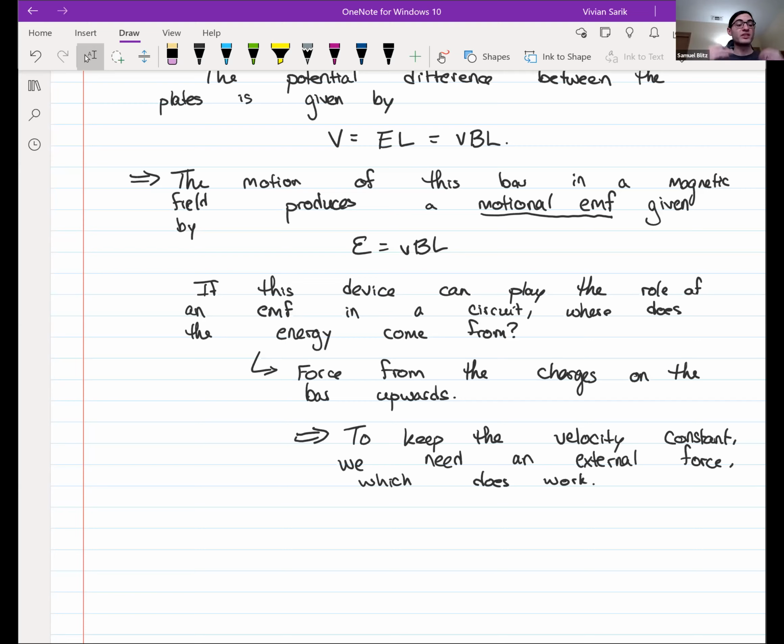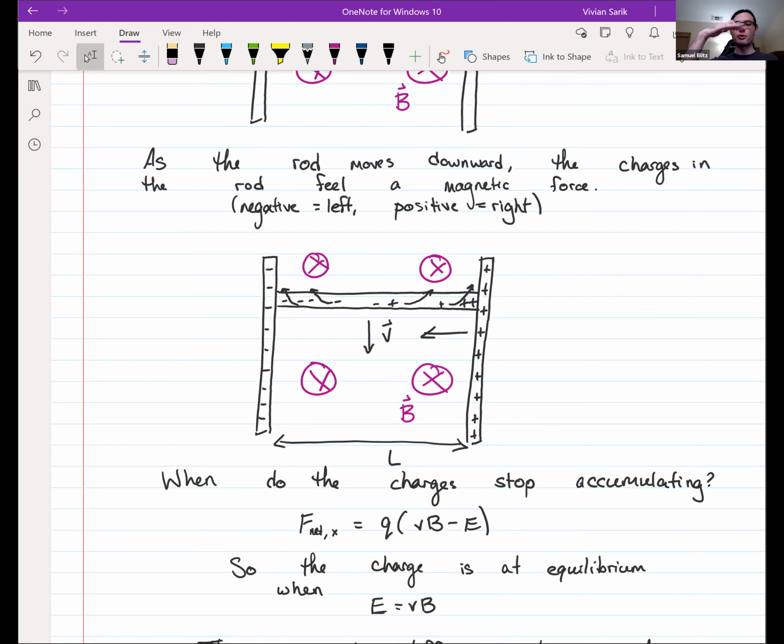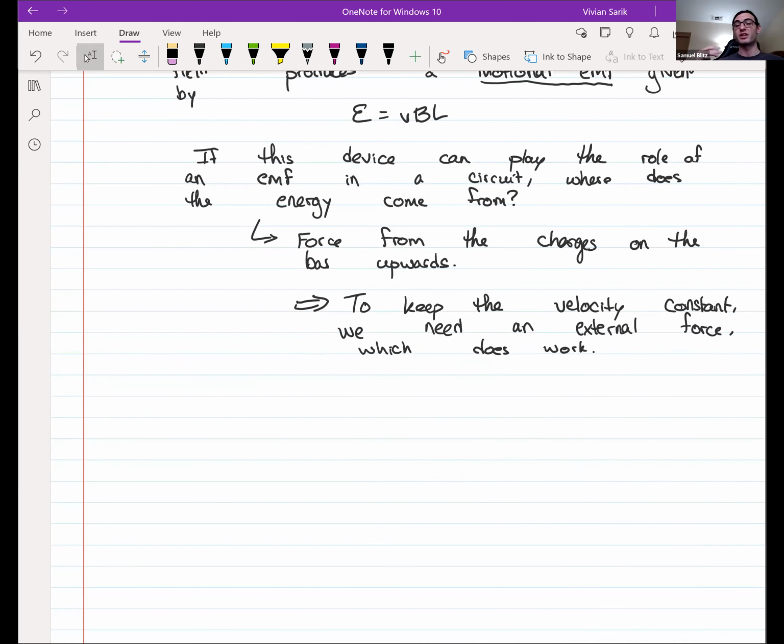But we can start to generalize now. So this is a phenomenon where you have this object moving through a constant magnetic field, and that seems to produce an EMF, and that EMF can drive a current if there was a resistor or if this circuit was completed and so on. So we can generalize this to produce EMFs via what's known as magnetic induction. So the idea here, we're going to be talking about Faraday's law. And we're going to generalize this idea of motional EMF